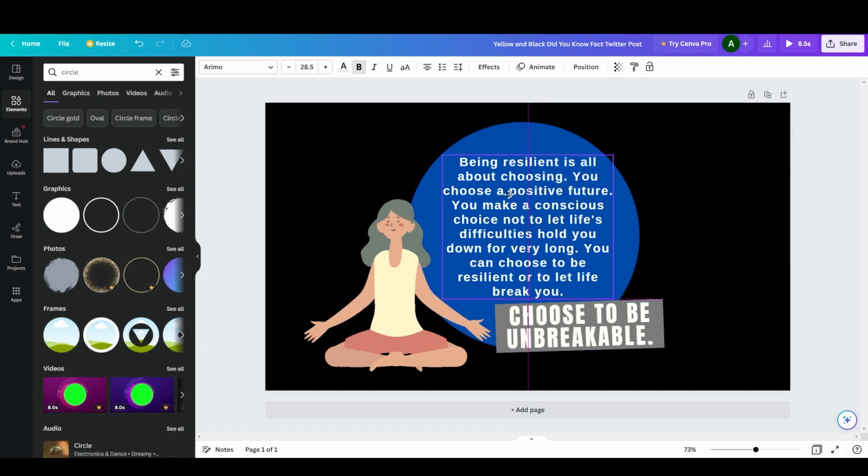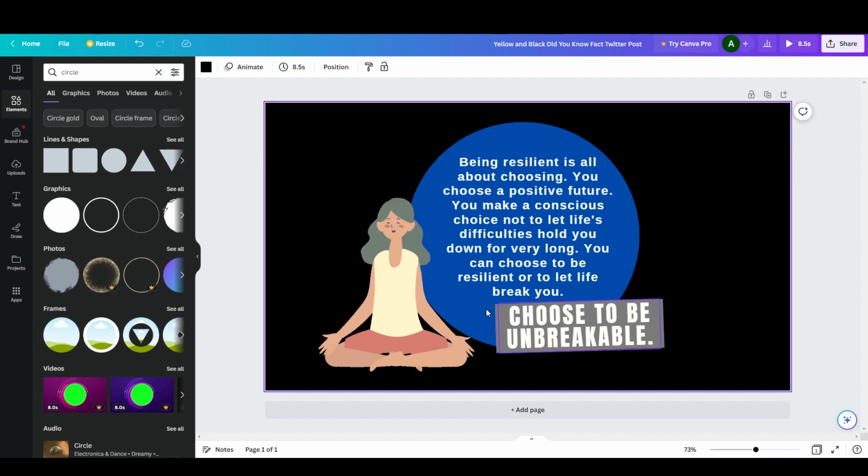Make sure that everything is nicely centered here. Obviously this is off a little bit, but that's how I want it to look. And yeah, so that's pretty nice. That's a pretty neat little Twitter image, although it does have kind of a lot of text. So I think that